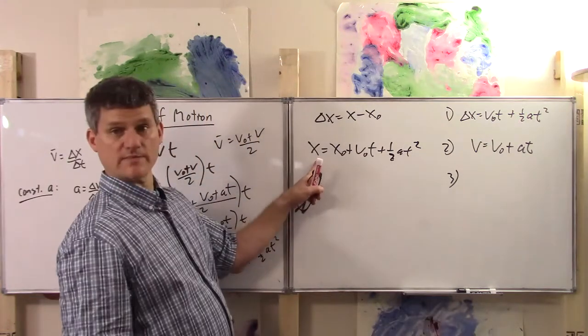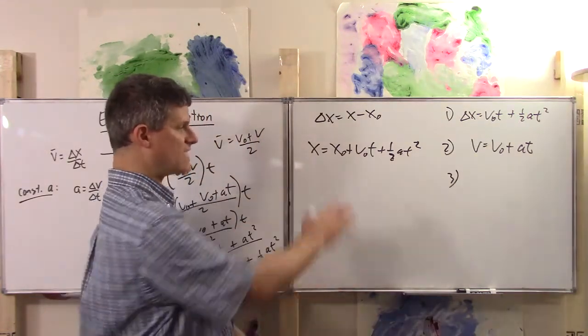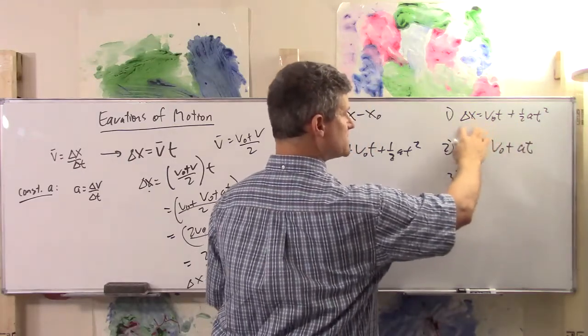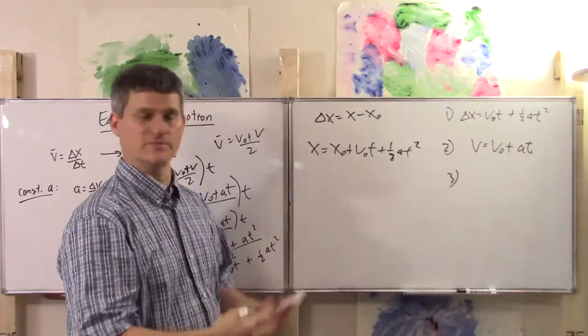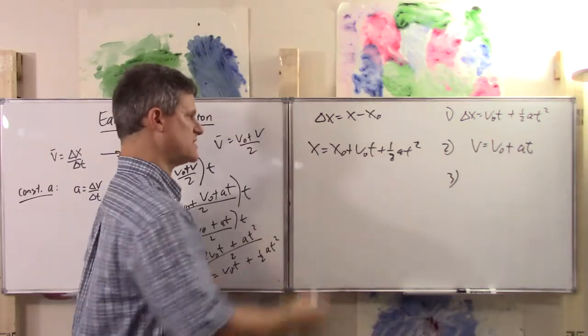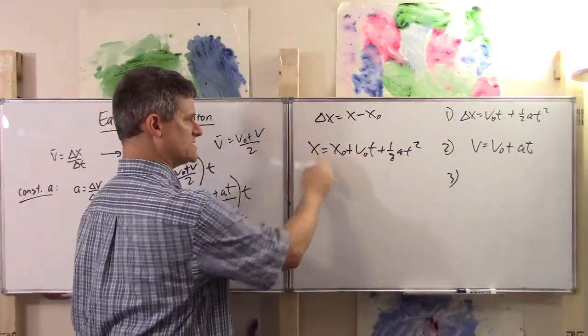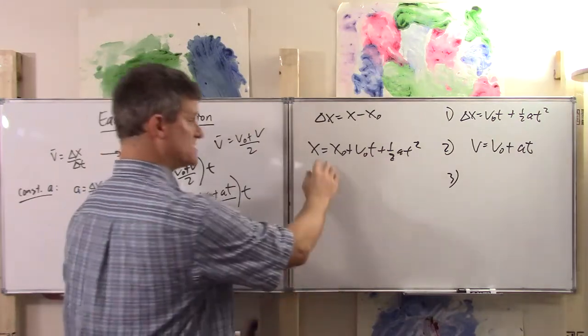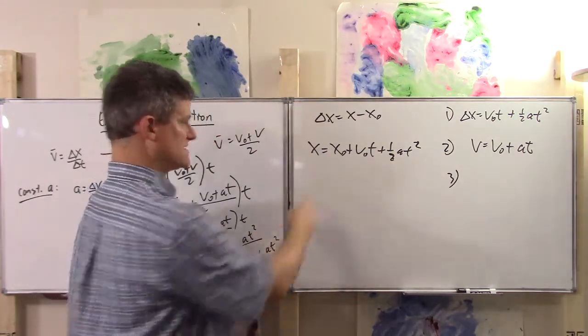And you'll see it that way in many textbooks. The way I have it written on the equation sheet is like this, because we generally deal with just the delta x, like that's kind of our variable. So we'll see in some problems that you don't really need to separate out the x and the x0 for most problems. But just so you know that if you see it this way in a textbook,